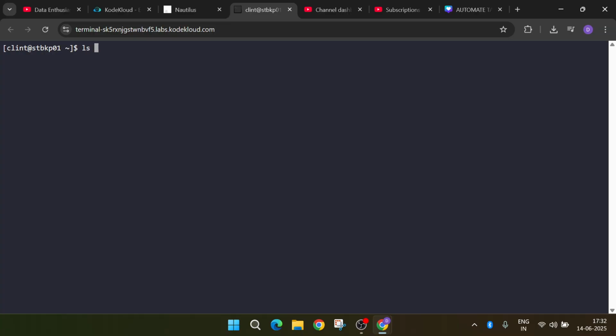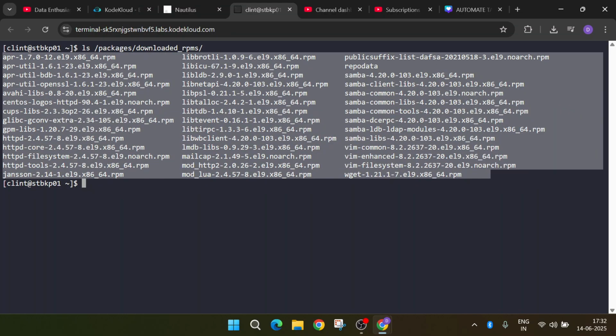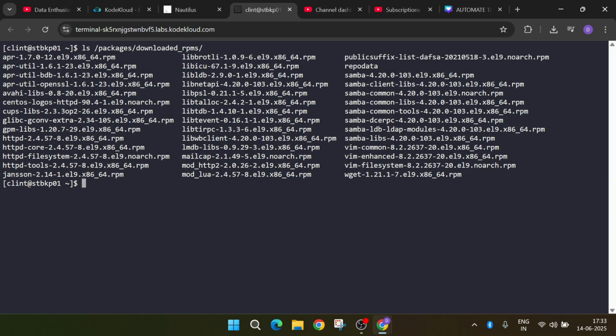Now let's check if the package is present or not. ls packages. Downloaded RPMs. So if you see, there are multiple RPMs. These are all the RPM files. So now the next step is